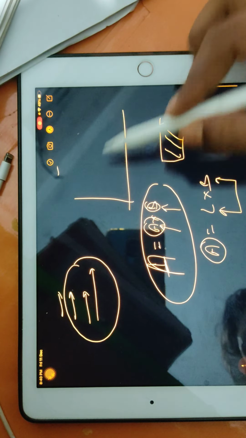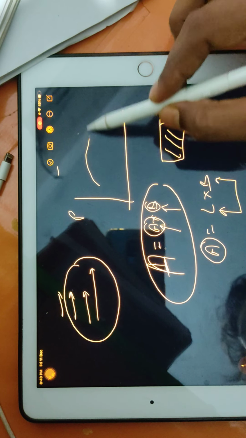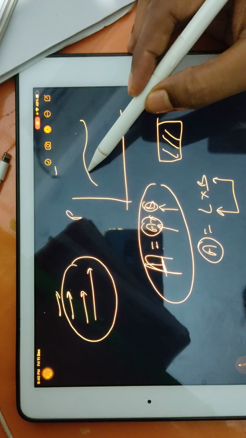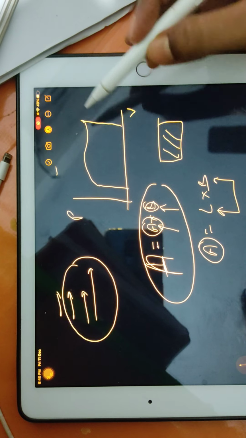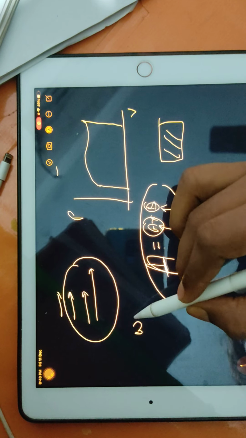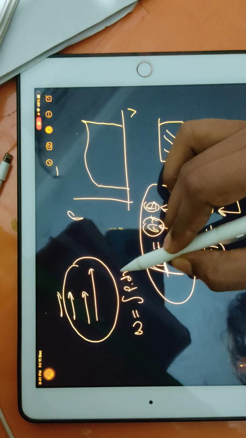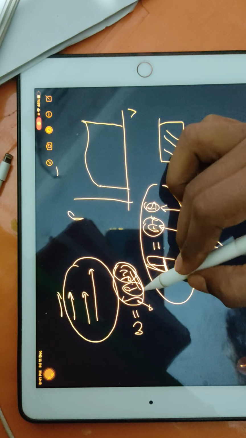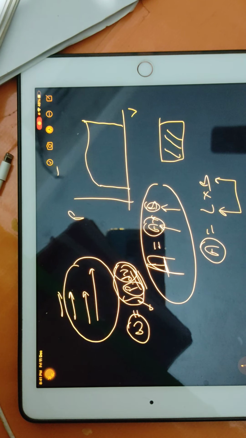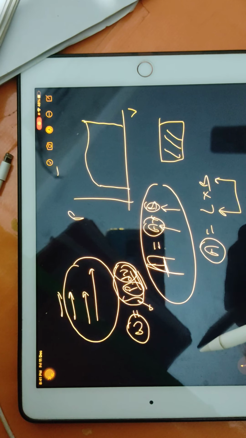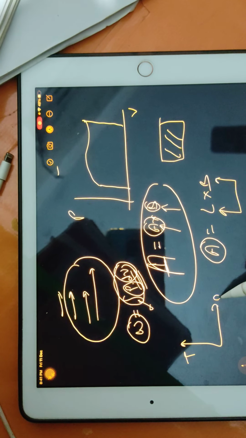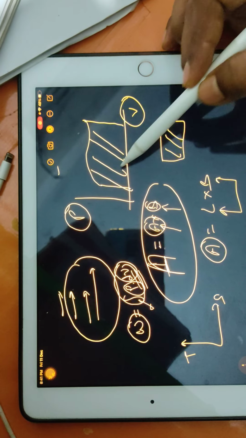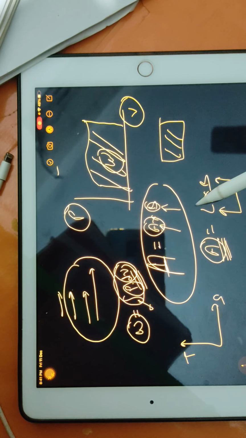So suppose you have a PV diagram and you have a curve like this, an unknown curve, isobaric, isochoric, we are not sure, any unknown curve. And suppose you want to know this area. You check the work formula. Work formula is integration of P dV. You can simplify this formula for understanding purposes: pressure and volume we are multiplying and we are getting work. So the area under the PV diagram is giving you work, because area is the multiplication of these two.